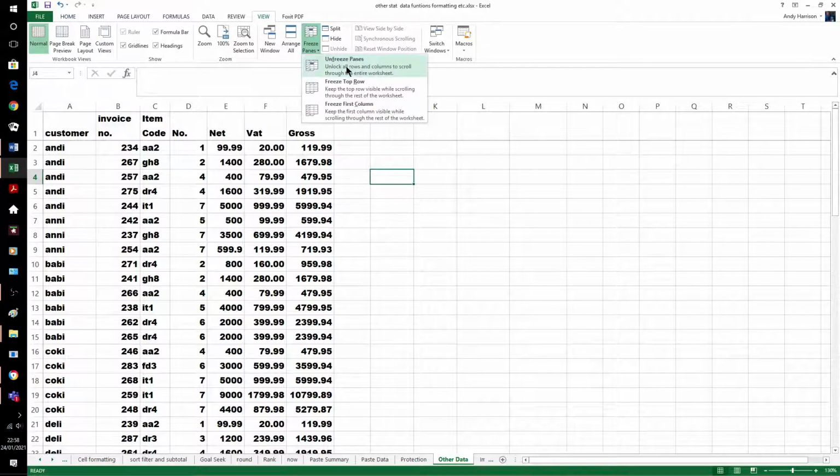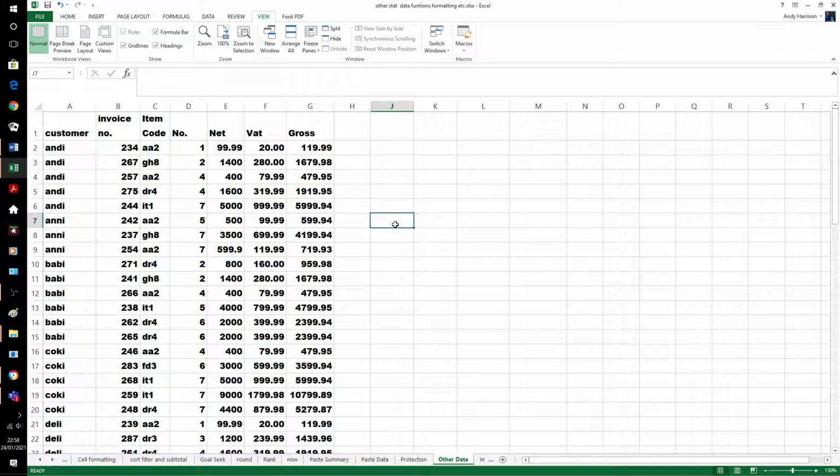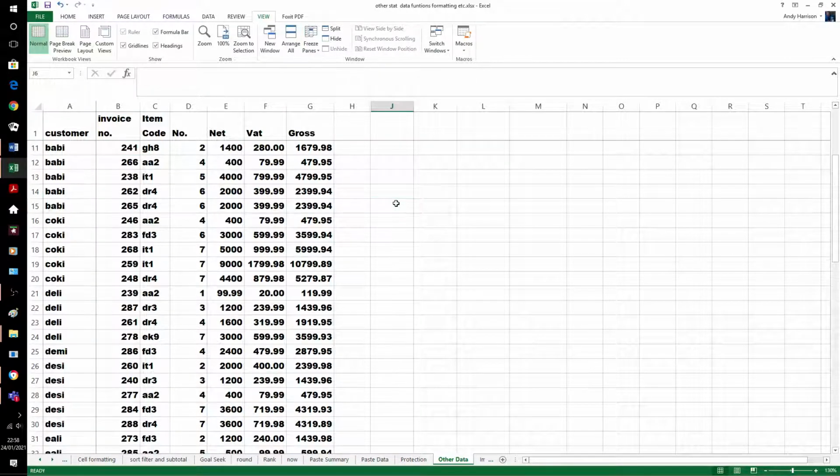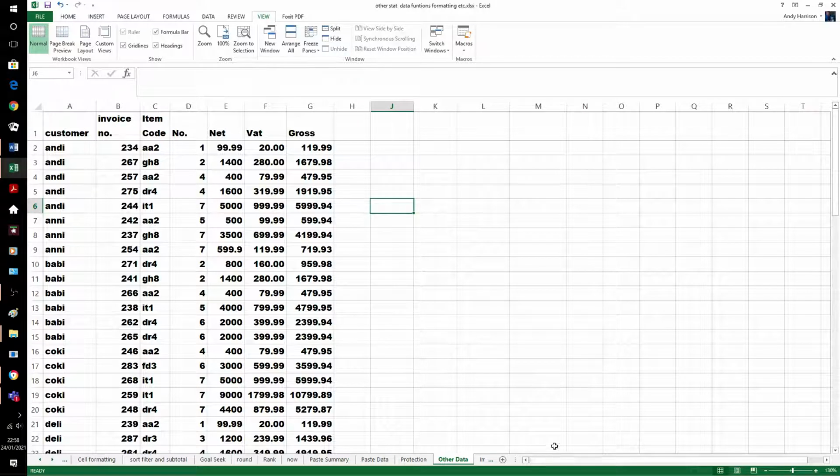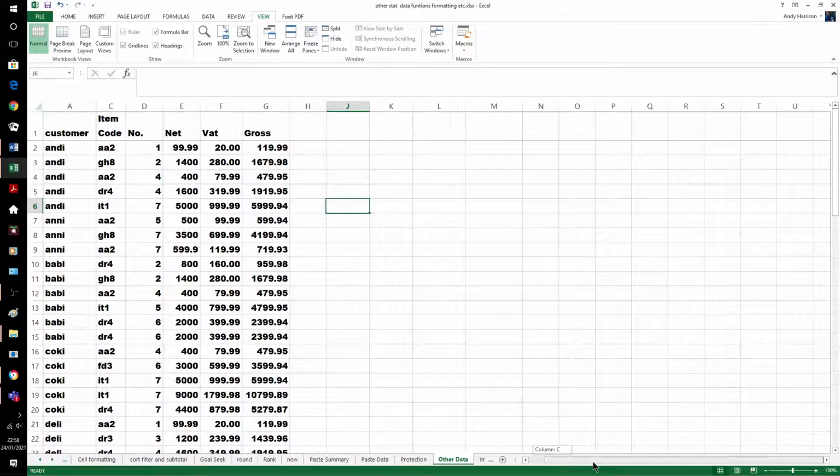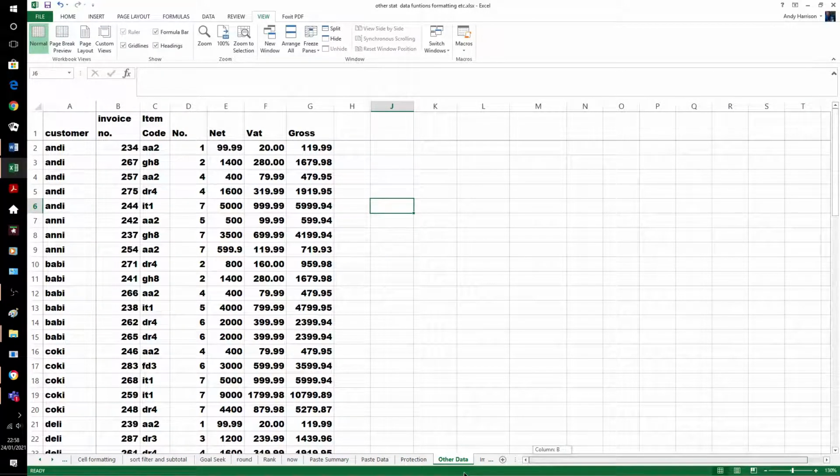And then I can unfreeze them. Different way, of course, of removing them. Now I may also want a vertical freeze, so it will freeze to the left and above. So it does the same for the top, but now it does. It's not really big enough to show the difference. There's not enough numbers here, so